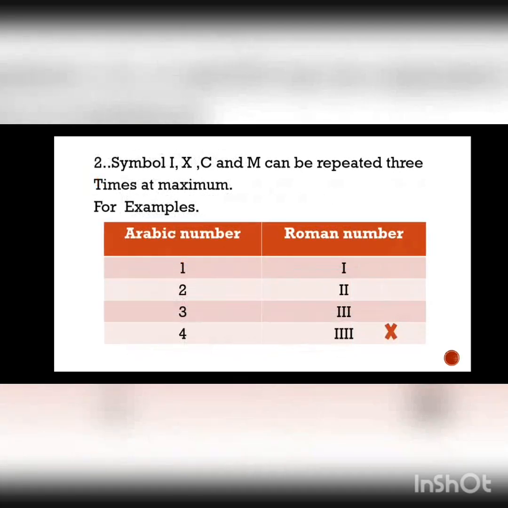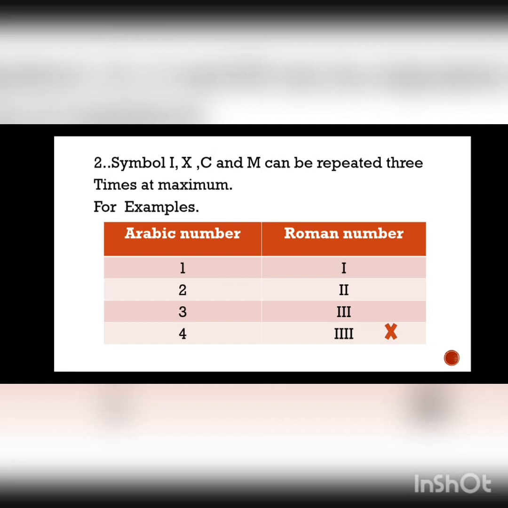Students, second, the symbols I, X, C and M can be repeated 3 times at maximum. For example, Arabic number 1 is I. 1 is equal to I. 2 is equal to II. 3 is equal to III. But